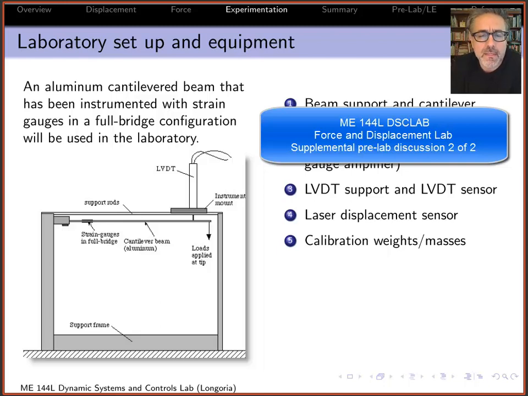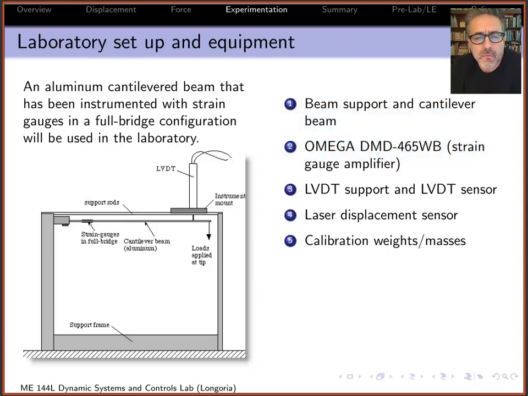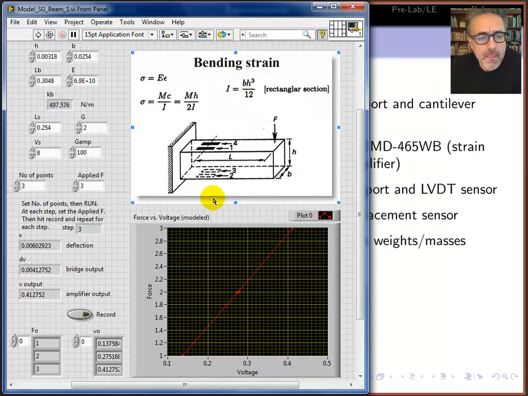Okay, this is the second of two supplemental discussions on LabVIEW VIs that will be used for the calibration in the force and displacement lab for ME-144L. In the first supplemental discussion, I reviewed this simple VI that modeled the output from the bridge output, and the reason we wanted